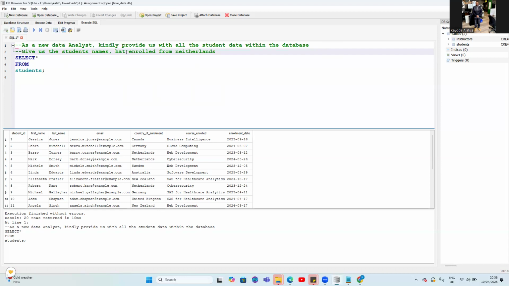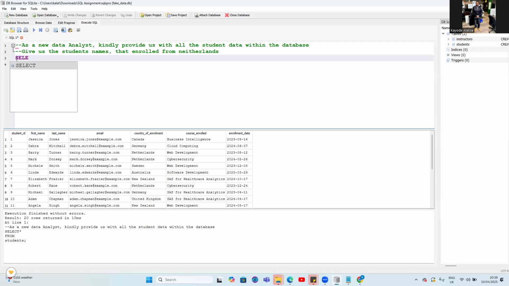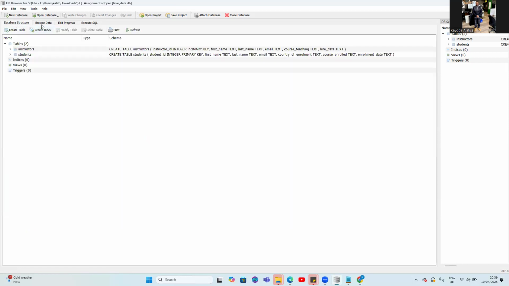Very good. Right now, we have to adjust this query. Let me delete everything again so that I can learn better. The first thing you have to write is select. And I must tell you that SQL is not case sensitive, so you can write in small letters or capital letters, it doesn't matter. So select what? If you look at this question, we are given what we are to select: student names. If you go to database structure and go to browse data,